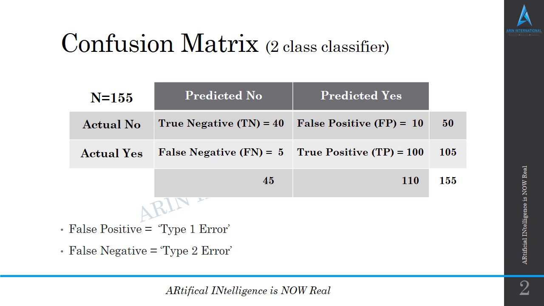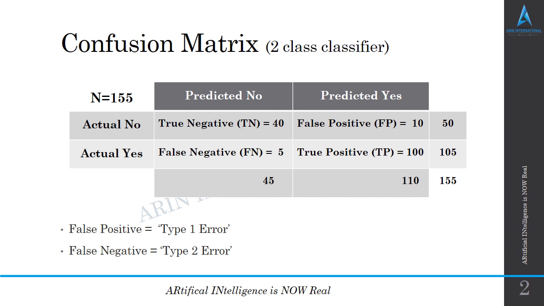Now, although both errors should be avoided, we can still tolerate false positive, because in this case, if the patient is not having the disease and we are still treating, it is fine. But in case of false negative, this error is not at all tolerable, because here the patient is having the disease and we are saying that the patient is not having it. So this might go untreated and might prove hazardous to human life. So false negative error or type 2 error should be as minimum as possible.